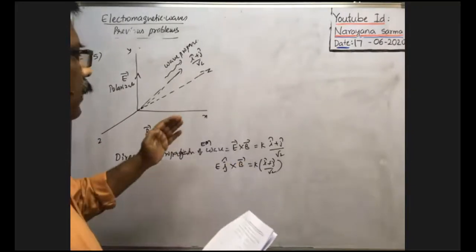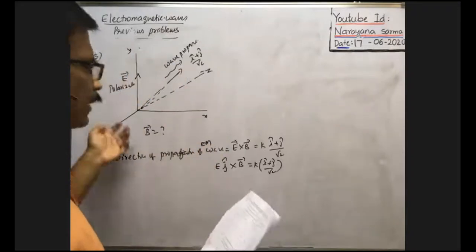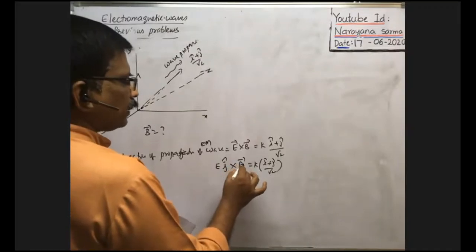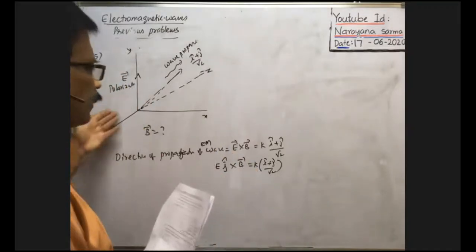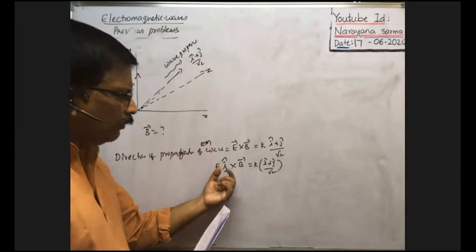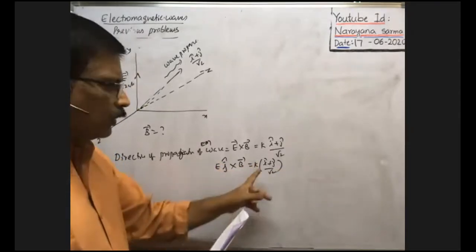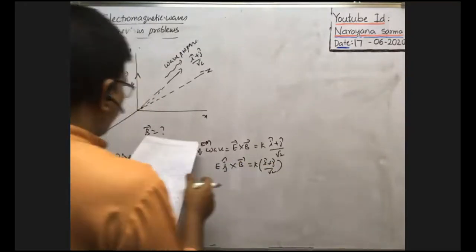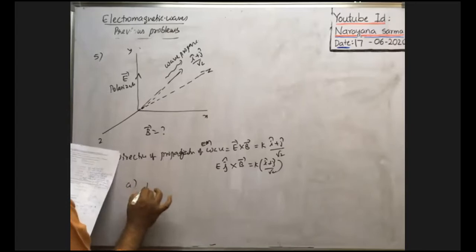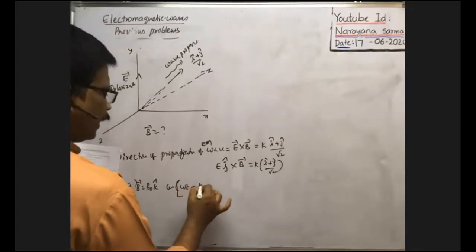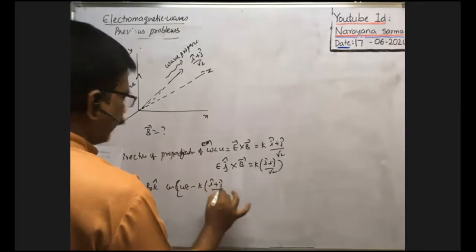B naught into k cap means B bar is along the z axis. If B bar is along z axis, you see B bar is equal to B naught into k cap something, then you do the cross product between j cap and k cap. Do you get this one? No. You don't get this (i cap plus j cap). Suppose here, we are given option A, B bar is equal to B naught k cap into cos(omega t minus k into (i cap plus j cap)/root 2), k is constant.